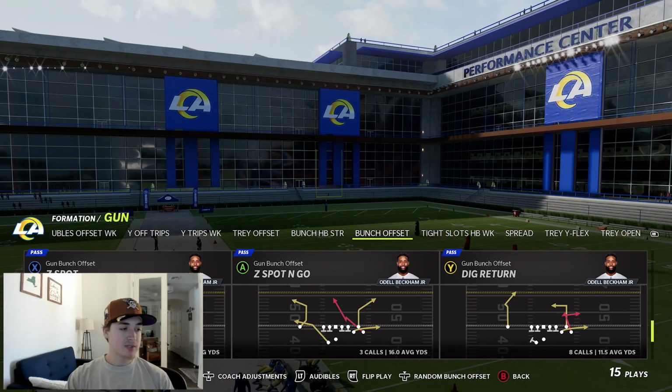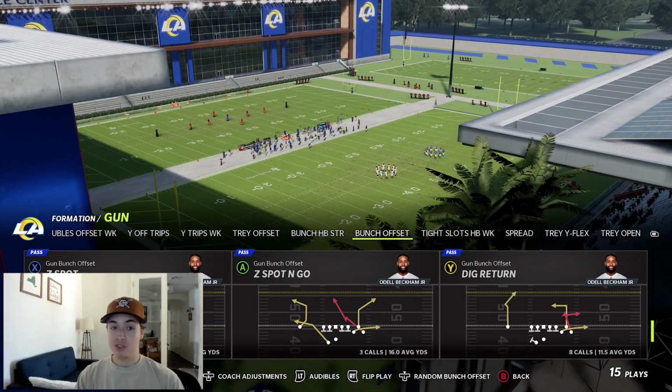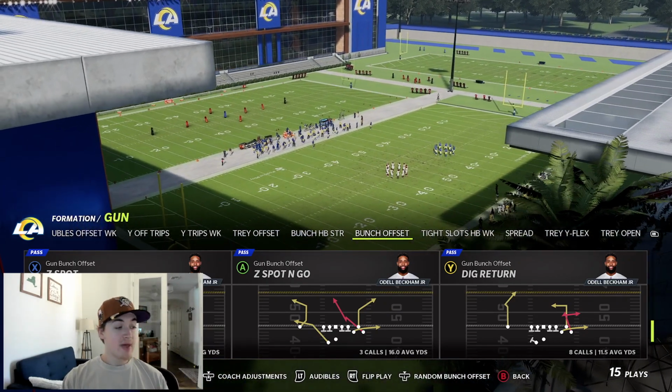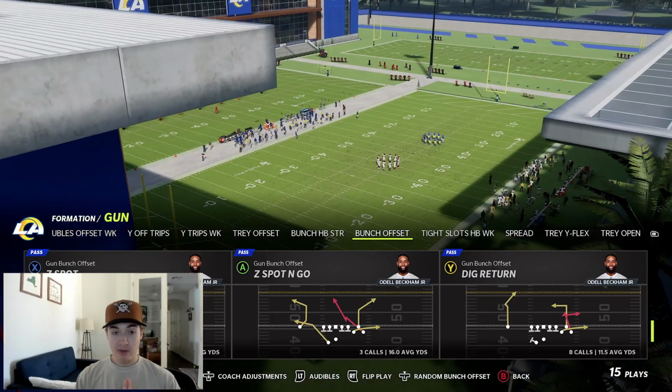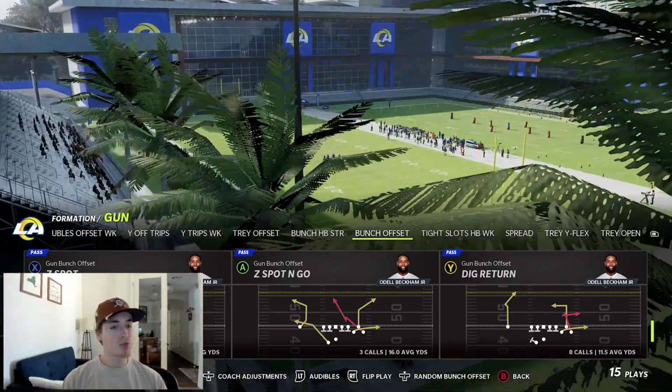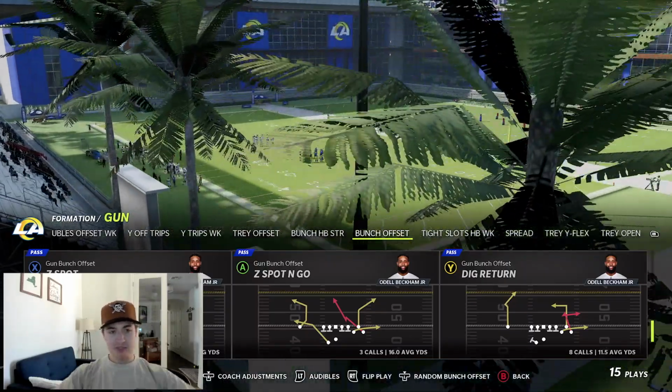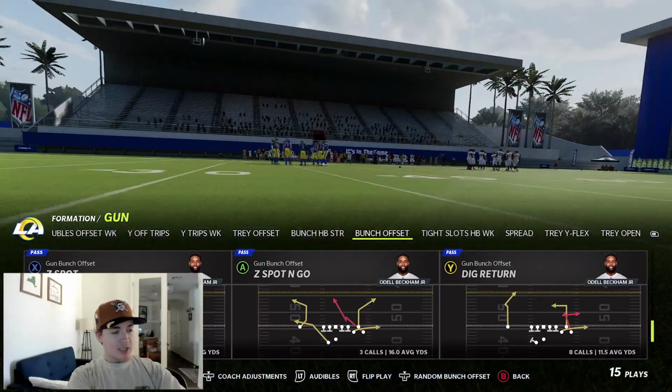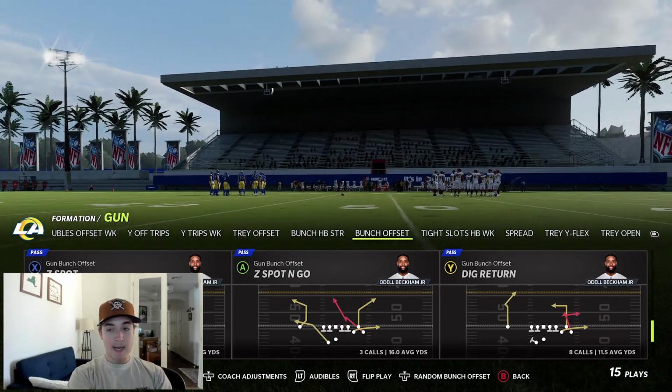Madden 22 video. Today we're going to be going over a play in the gun bunch offset formation. That play is going to be Z spot and go in the middle there. I do not think I've made a separate video on this. If not, we're going to update it, or if I did, we're going to update it with some new setups that I like and show it against a couple of different coverages, just how I like to run